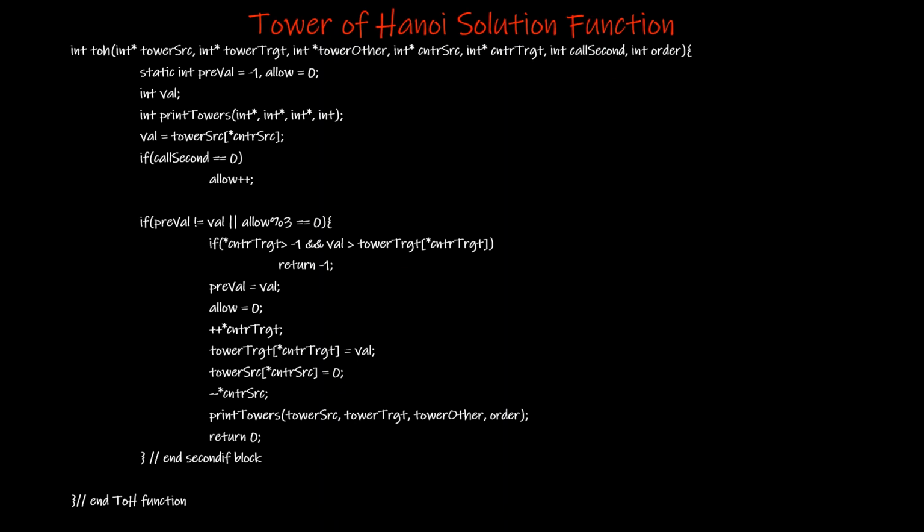We then return 0 to indicate that there was a successful transfer, and therefore we can call this TOF function again with the same source tower. If the disk cannot be transferred, then we cannot move on to the disk below it. Remember, always we can shift the disk at the top. And after that, one more return -1. For any reason, if this if block is not entered, we indicate that there was no successful transfer, and therefore we have to return -1.